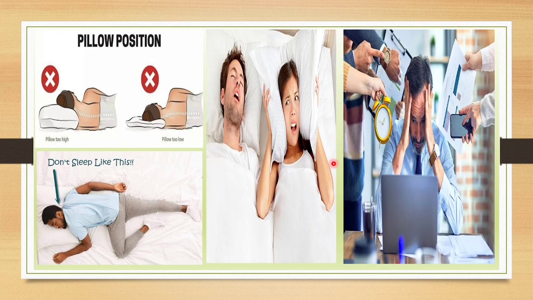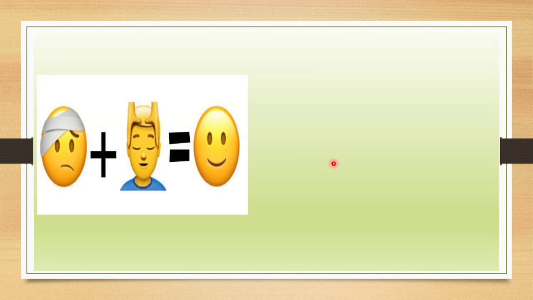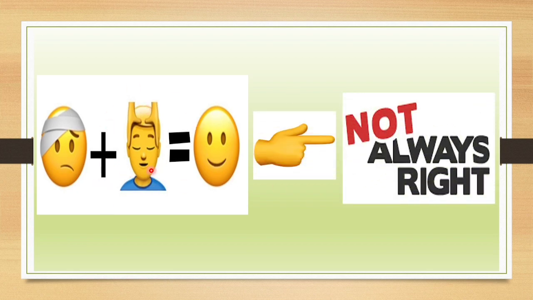But now let's say you go and see a therapist with your stiff neck and get a massage or manipulations or some acupuncture and your neck feels better. So you may assume that those treatments have worked, which again is another post hoc fallacy. It could have been many other things such as coincidental timing and natural history making your neck feel better. So we cannot argue that because of our treatment the patient or client had resolved their issues. It may not always be right.